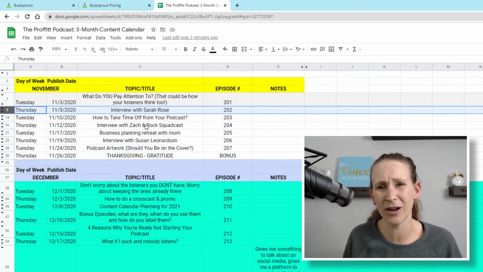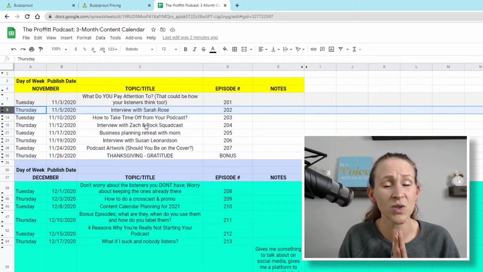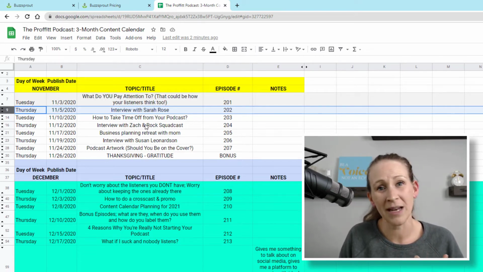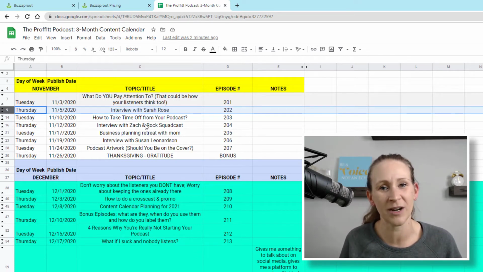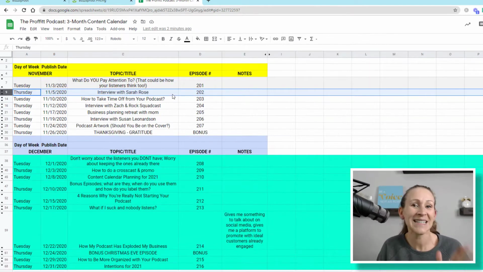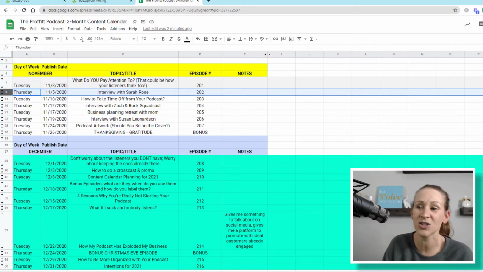I know this is a lot of information about podcast content calendars, but I think it's super important to know what you're doing on your podcast and when, because whenever you can sit down to record with confidence, you just feel so much better about the content. I did promise you that we were going to chat about podcast hosting sites. So let's hop on over to Buzzsprout so I can show you a little behind the scenes of one of my podcasts.